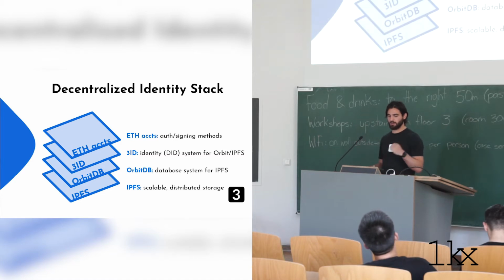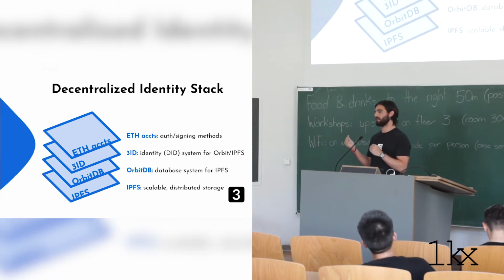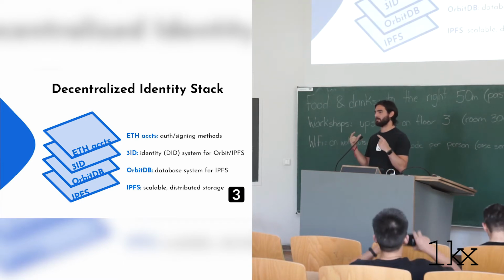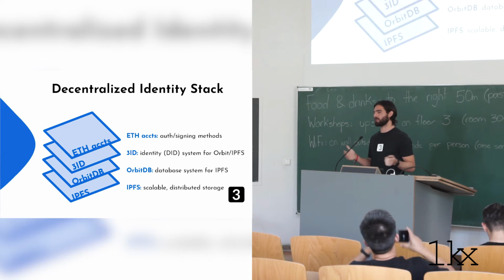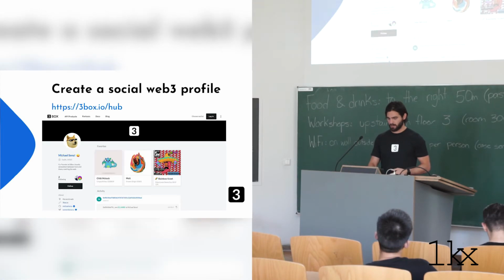Here's the stack, so IPFS, then on top of that we use Orbit, then we have this 3ID system, which is what lets data be associated to a user or an entity rather than a key, and so we can associate many keys to the same DID, more or less. That lets you make your data portable and interoperable across all different blockchains, and, using it with smart contract wallets for example, where you have many different device keys, now you can use your same data everywhere.